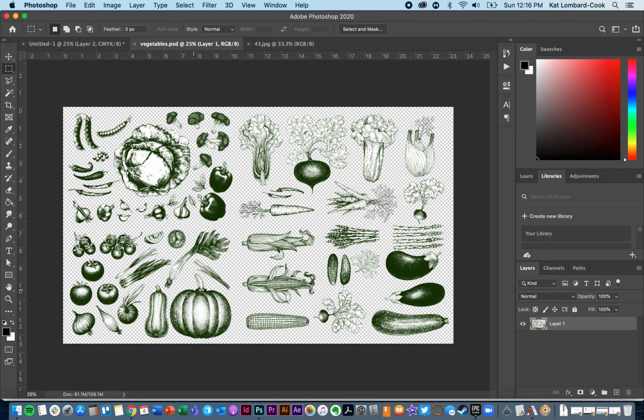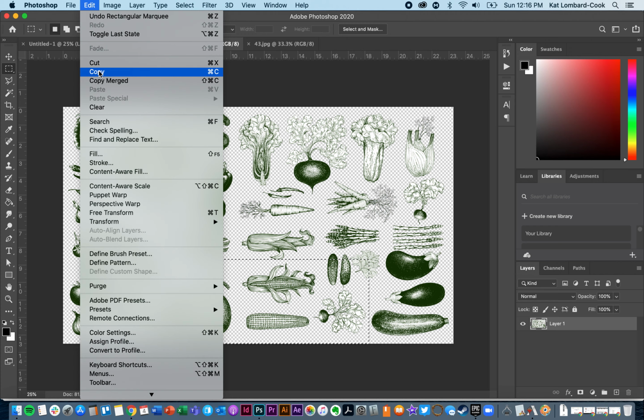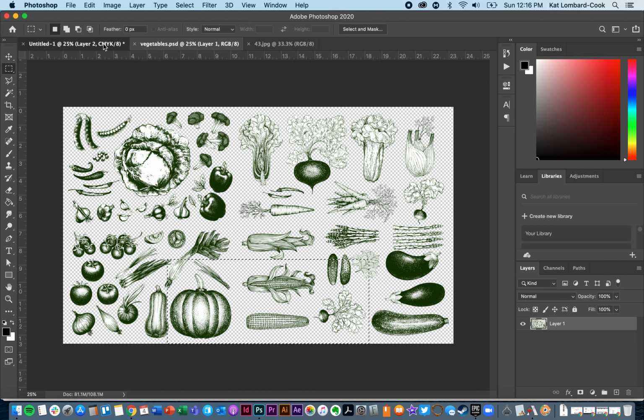So I know I want this pumpkin here, I want this middle ear of corn, and I want this radish. The rest of it I don't really need. So I want to make my rectangle, make sure I get everything that I want, and there's some extra stuff, but I'm going to show you how you can then use the marquee and some different parts of the selection in order to not get the pieces that you don't want. So anyways, right now I'm just going to select this area, making sure I have everything that I want in it. Then I'm going to go ahead and copy,